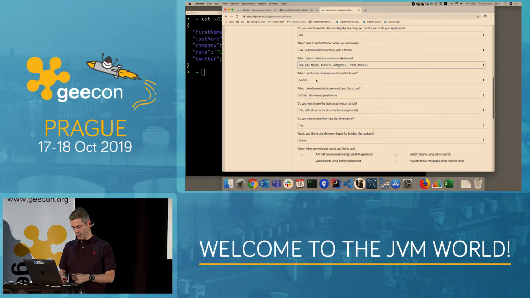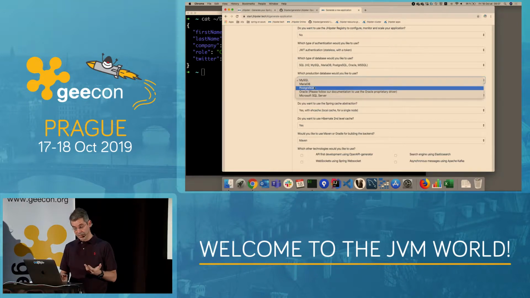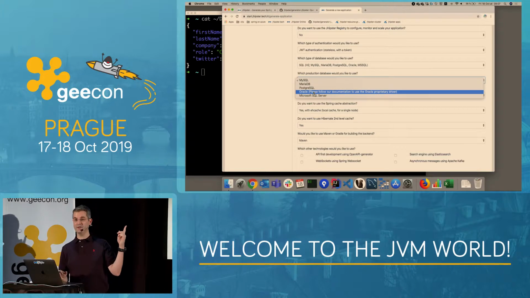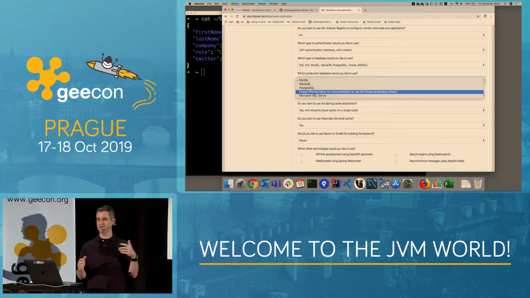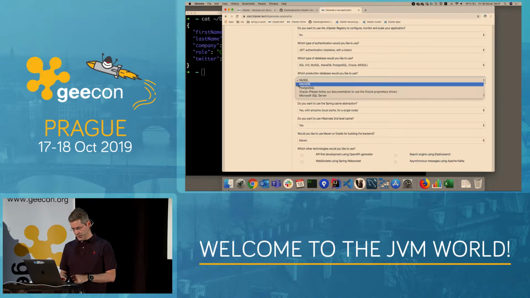When I'm selecting SQL databases, I've got more options on the type of SQL database. I'm going to use PostgreSQL because it's the one I like, but you've got tons of options. This one we need to change. You know that Oracle now has given the driver as open source, I'm not sure it's open source. It's available on Maven Central, not sure it's open source. So now we need to change that. And so I will select PostgreSQL.